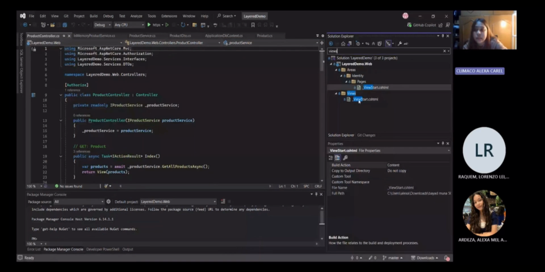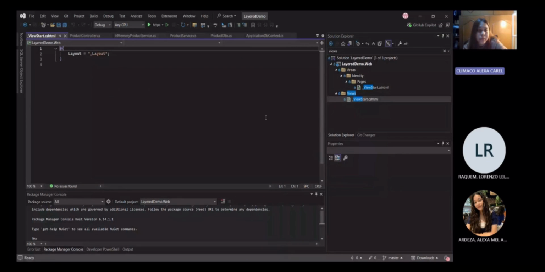In views, we have the folder for the product resource, which includes the CRUD views: create, edit, details, and delete. All views use Bootstrap for a modern responsive design with proper validation built in.